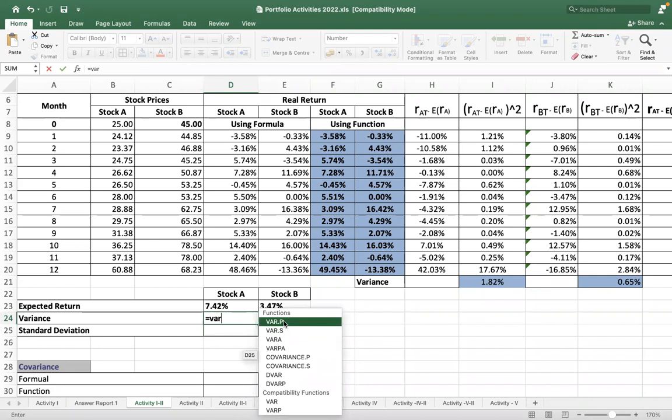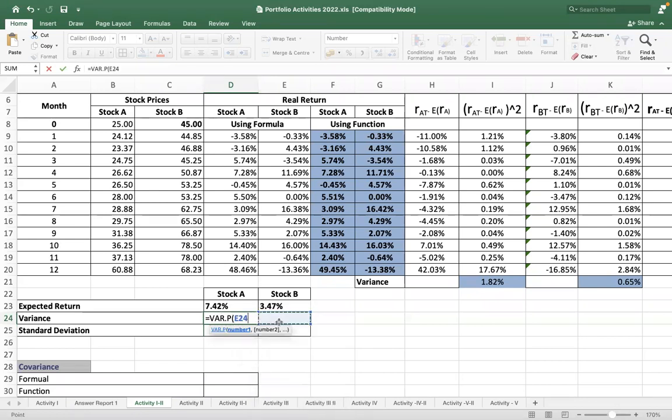VARP is variance of population. In earlier versions, we have VARP. In this version, VAR.P is there, right? Variance of population,